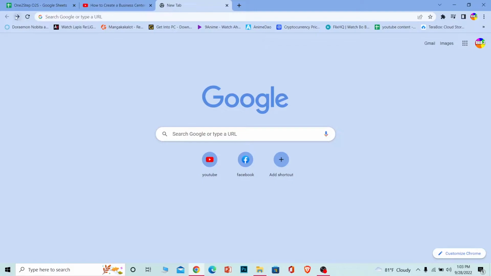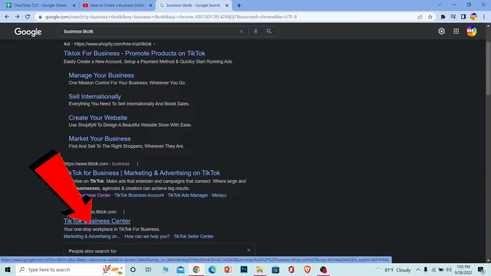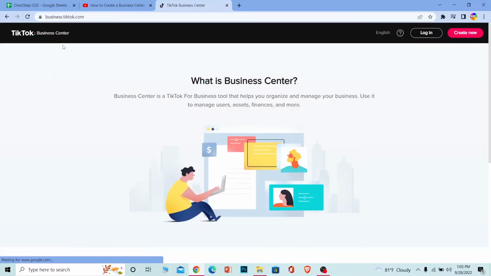Let's move on. First step is you want to search for business TikTok. After you search for business TikTok, you want to go to this URL which says business.tiktok.com. Make sure it says business.tiktok.com and click on TikTok Business Center. Once you click on it, it's going to take you to the business website of TikTok, and over here to create yourself a new account, click on create new at the top right corner,